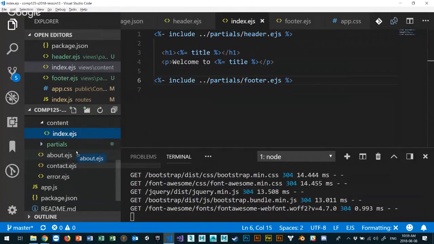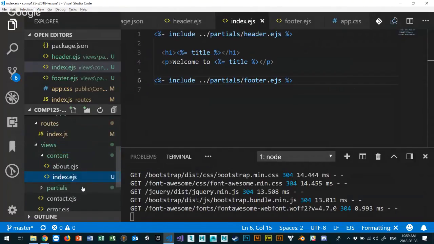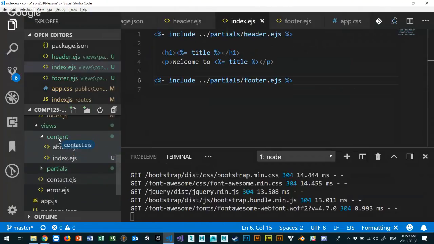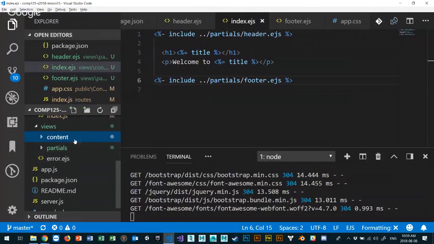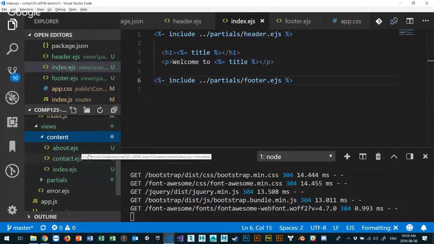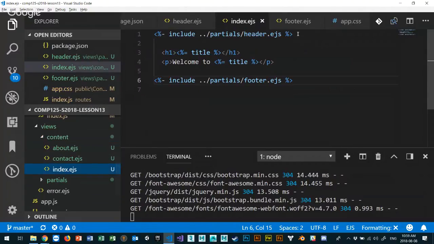We need to change the routing too. So I'm going to put this back in here too, and we'll put this inside here too. We're just compartmentalizing like we've done before. We'll leave the error out here for a second. And inside my content now is my about, contact, and index. We've done it for my index, but I want to do the same thing for my